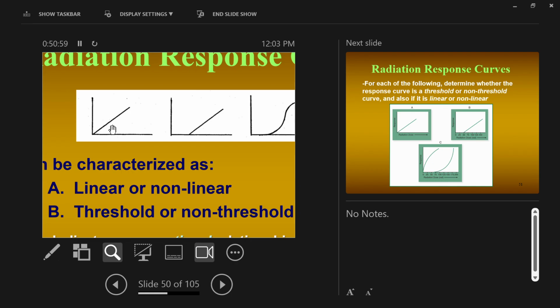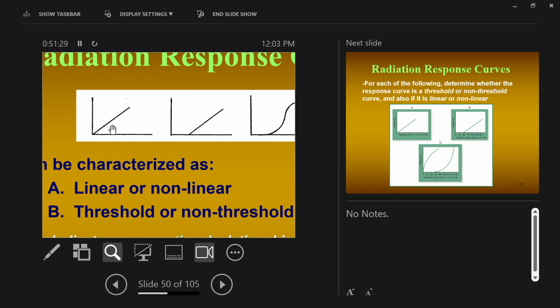Or I'm just randomly plotting something, right? I could have had response 4, right? So I doubled the dose, the response didn't double, it quadrupled, right? It's an exponential increase, okay? So this type of non-linear graph represents an exponential increase, okay? Meaning that as radiation dose increases, response doesn't go up proportionally, it goes up by a lot more, exponential increase,